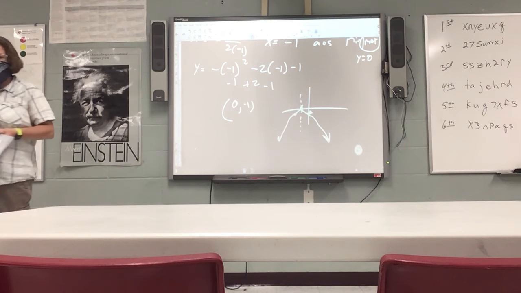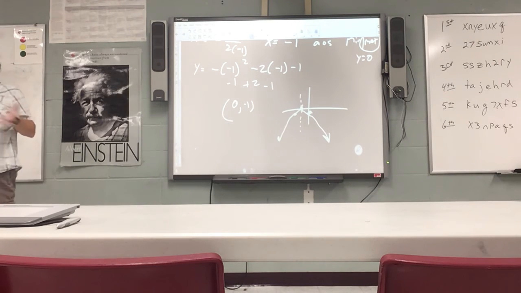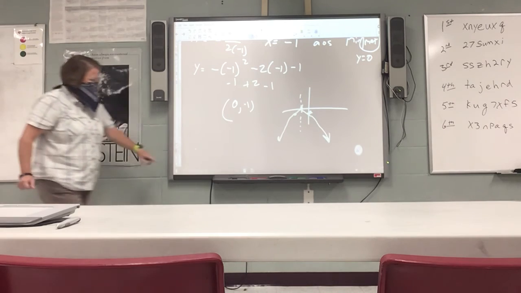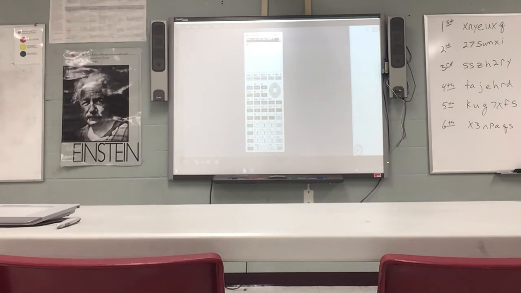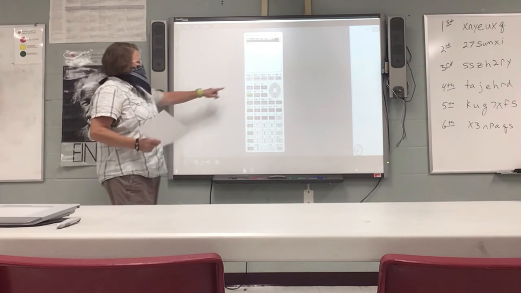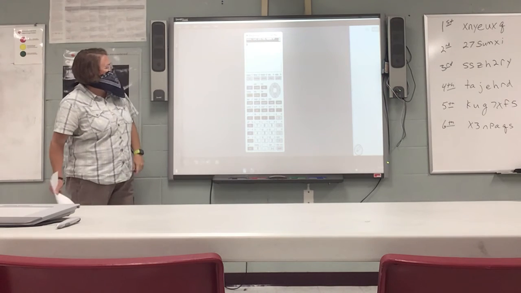Okay, now, still looking at that same parabola, let's look at what our calculator does with that, 'cause a lot of y'all are already there and using them. All right. I've got to be able to make that calculator bigger so y'all can see it better, but I don't know how yet. So my graphing line is this one, so I'm going to hit y equals,